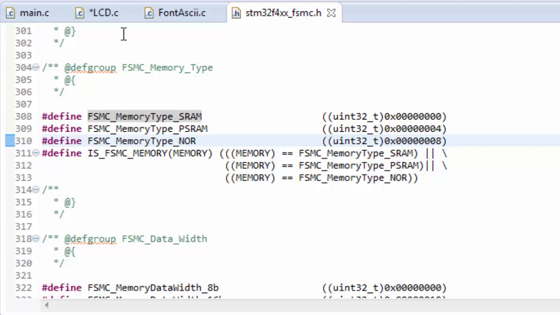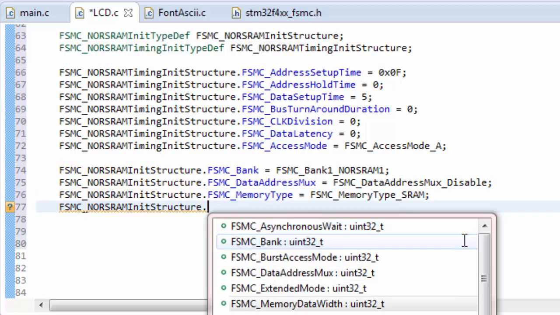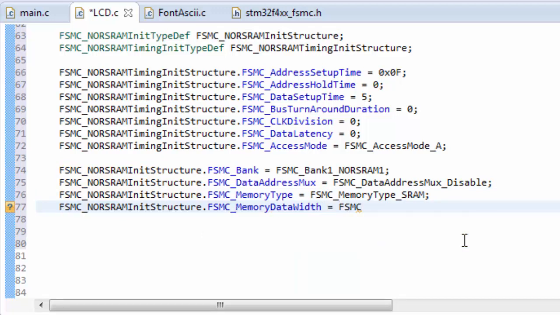Now next is, here we are setting the width of data that we will transfer to LCD memory. If you remember, we have connected 25 wires from the Discovery board to the LCD, and out of those 25 lines, 16 lines are data lines. Hence we are setting it to 16-bit data lines. Then next is,